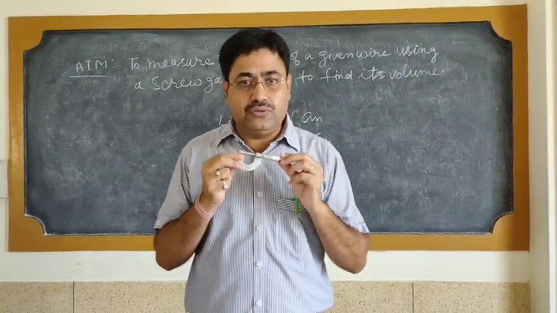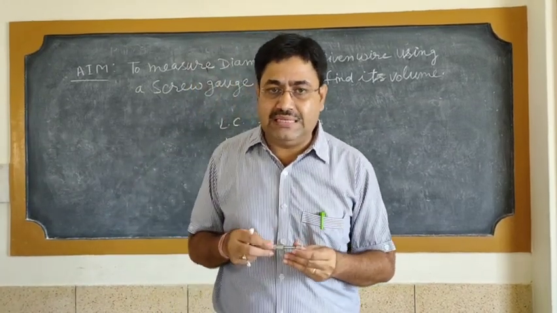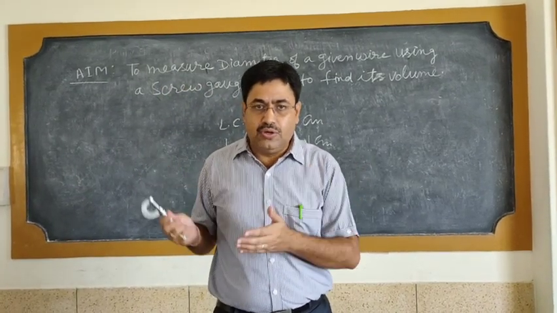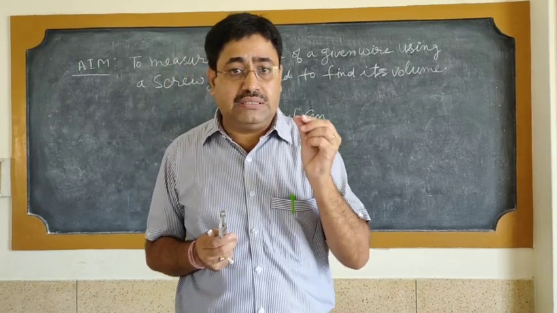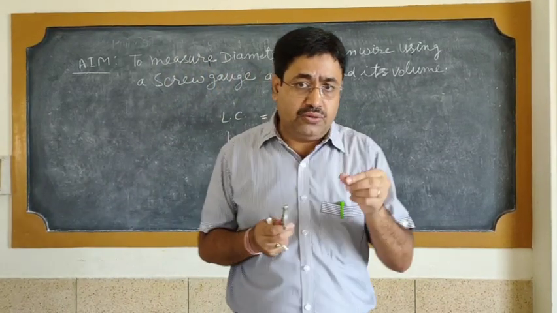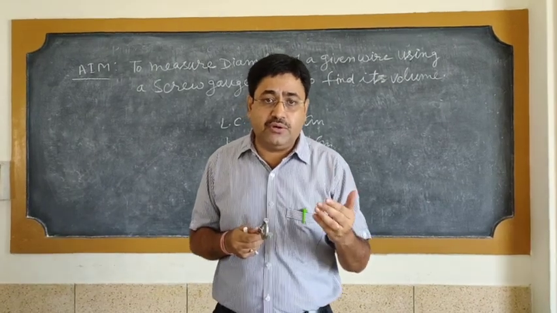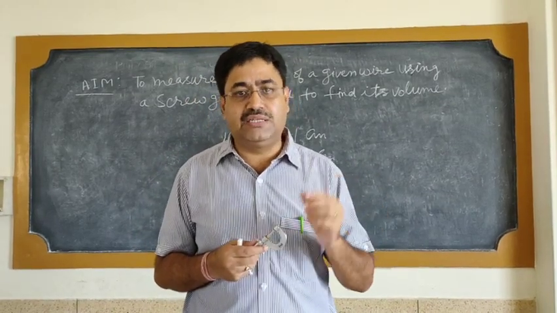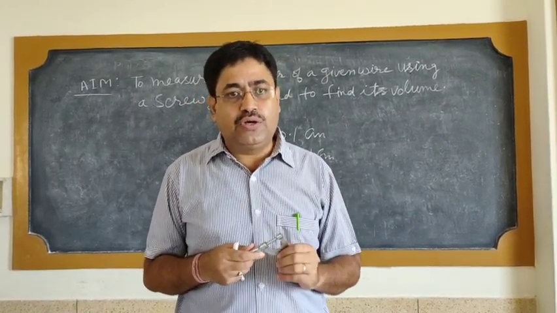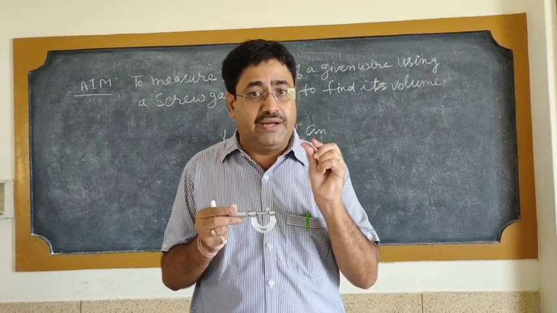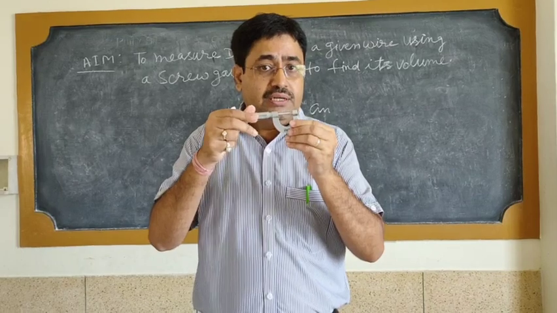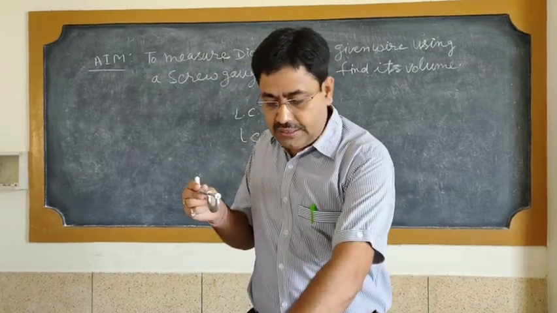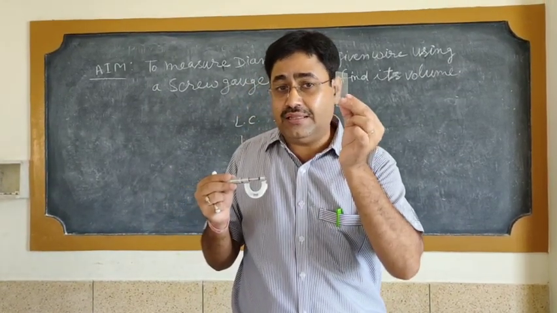What do we mean by screw gauge? Actually, when we measure the thickness of any given sheet, suppose when we buy a cooler, you know what is the thickness of the sheet of the cooler. जो कूलर का जो शीट होता है उसका थिकनेस कैसे मेजर करते हैं, वो थिकनेस किसमें होगा, आपने कभी अगर मार्केट में आप जाएँ तो पूछे तो आप पूछोगे सर उसकी थिकनेस कितनी है, वो कहेगा सर 20 गेज का है, 22 गेज का है. It means the thickness we measure is in gauge. That's why we are also using this screw gauge to find the thickness of a given iron sheet, given aluminum sheet, given glass sheet. That's why the word gauge comes here.